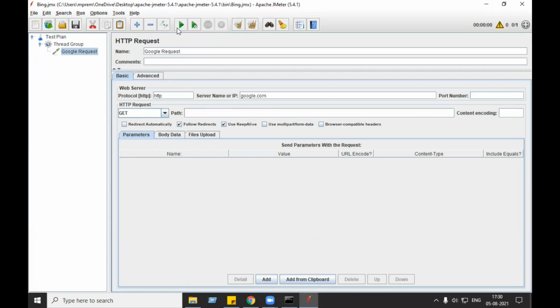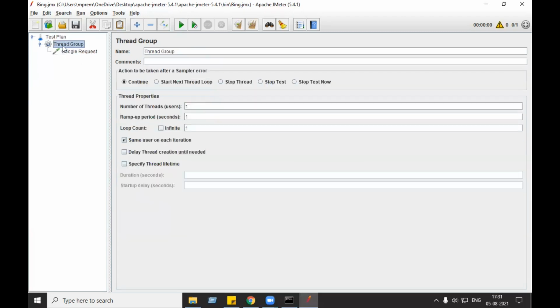The reason behind this is that JMeter is not a browser. In a browser, whatever you request, the browser waits for the response which is coming from the server. But in JMeter, we need to tell everything explicitly. So we need to tell JMeter, after giving the request, take the response from the server also, listen to the response and give it to me. So in the case of JMeter, you need to add a listener. We need to listen to the response, and that happens with the help of a listener in JMeter.